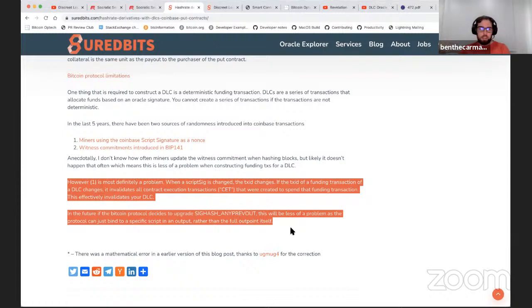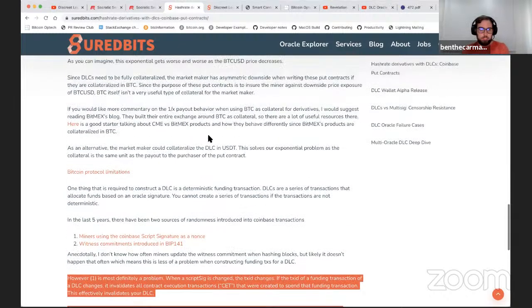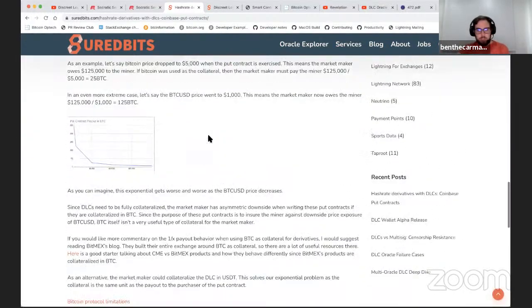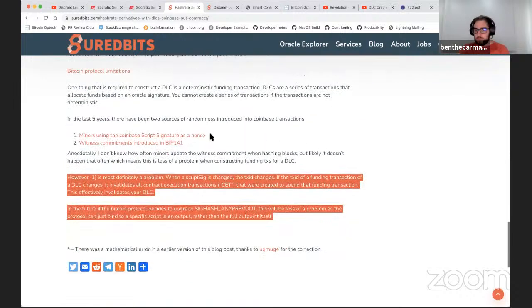So that way my DLC only needs like one key to sign, but the payout goes to 50 people or something. Or, I don't know, there's other fancy things you can do, like in Chris's blog post on the DLC put contracts, that would help as well, where you don't need to constantly renegotiate it, stuff like that. So potentially, yes, go for it.